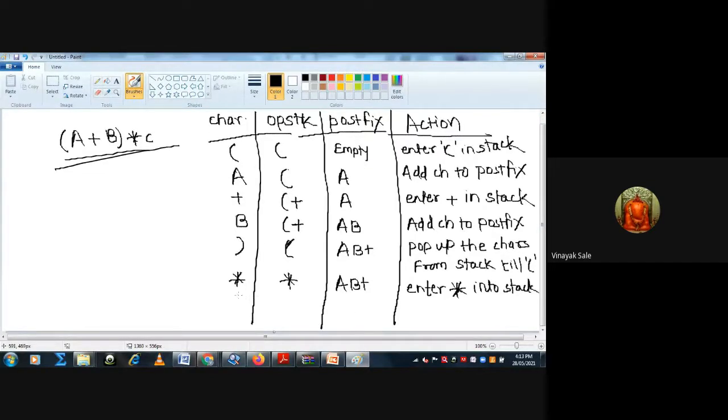Then C: the stack has the multiplication sign, and the postfix is A B plus C. The action is to add character to postfix.